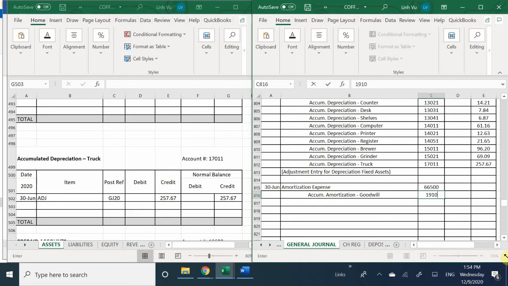I'm still typing, so sorry. That was the wrong one. 19101. Right. Same thing here. You're gonna write adjustment entry for